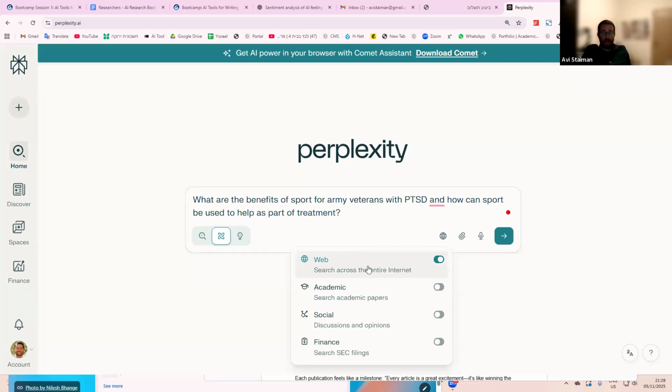Now they may be fine, right? There may be good, valuable, let's say nonprofit organizations that are working on this subject, and I may very well want to look on the web. But in this particular case, what I really care about is academic. I want to search the academic literature because I'm doing a literature search, and I want to see which papers are going to be relevant for my search.